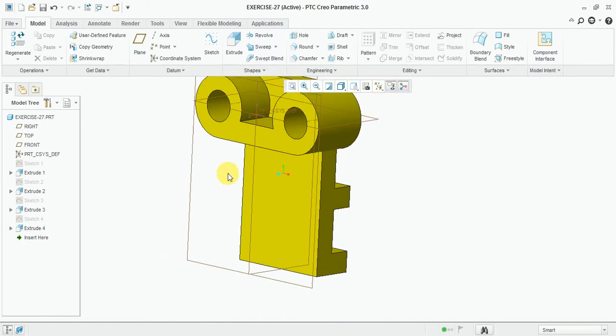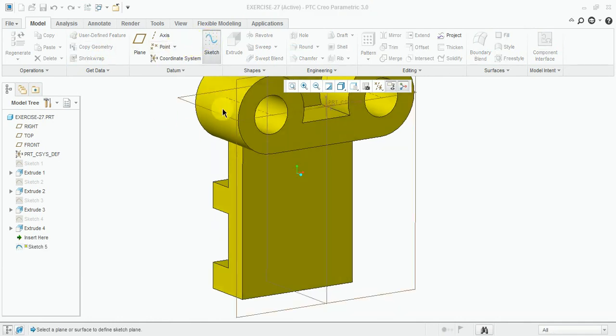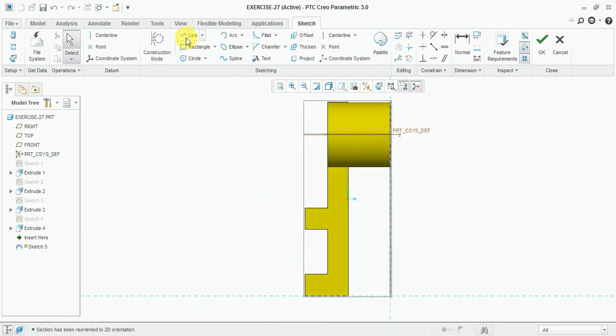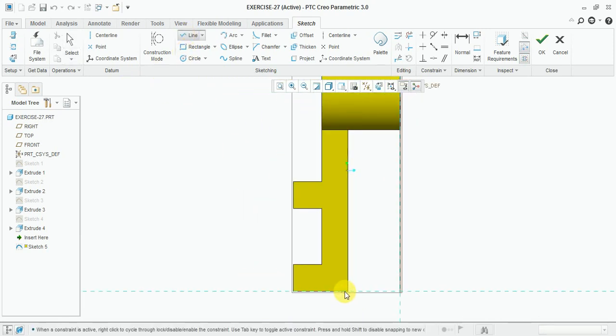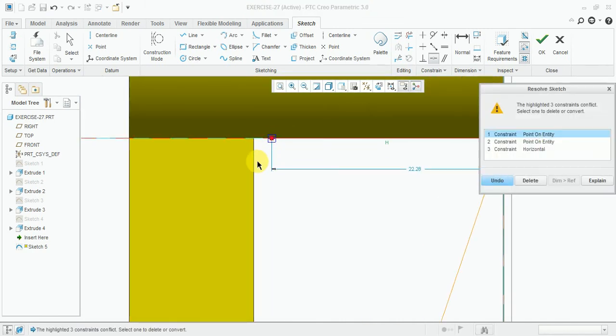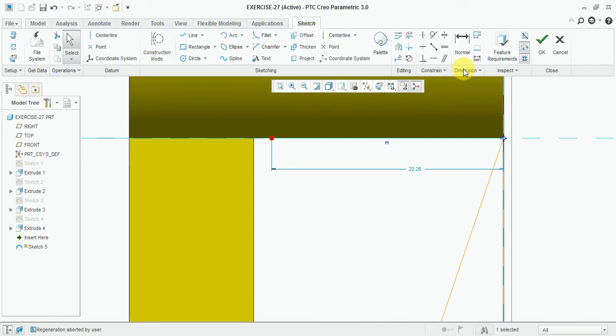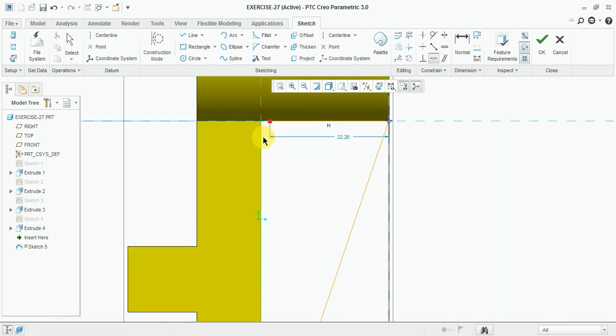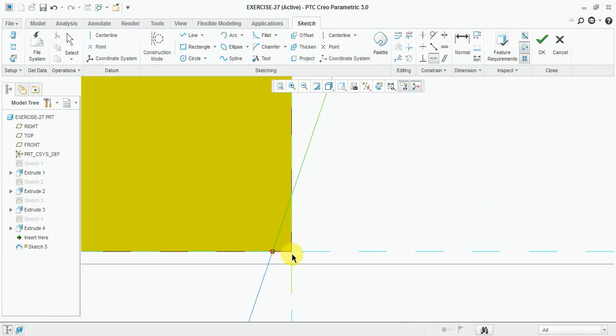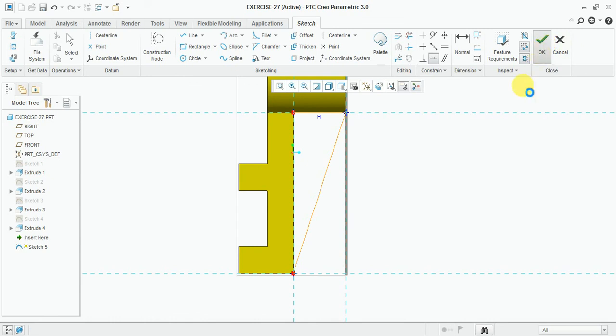Now make the ribs here, select sketch, select this face, okay, select line, select coincide, coincide with this edge and finish.